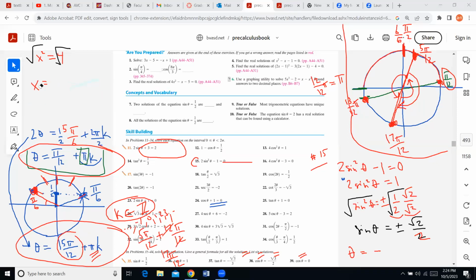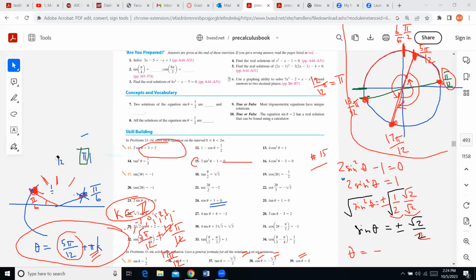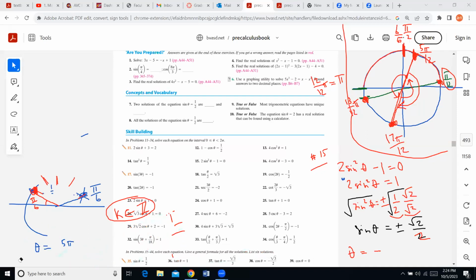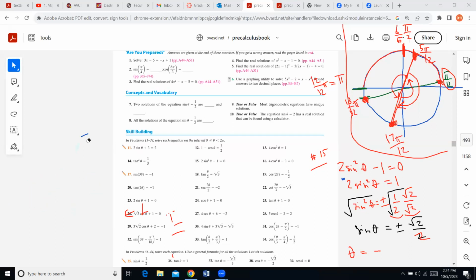So let me make another nice unit circle. And then you will see right away what the solutions are. Eventually, after you do a number of these exercises, you will get this circle automatically without making a picture, it will be in your head. But I don't think we need to do that yet. We need to do it right. So if we learn how to do it slowly and correctly, then you can do it faster.